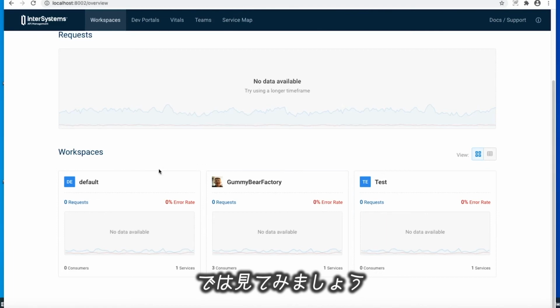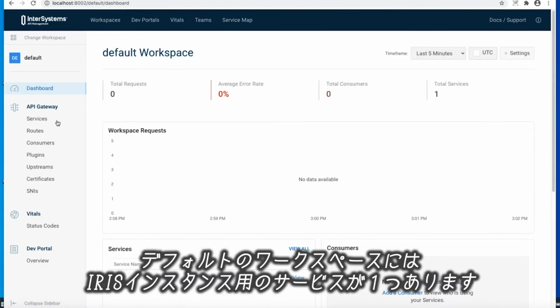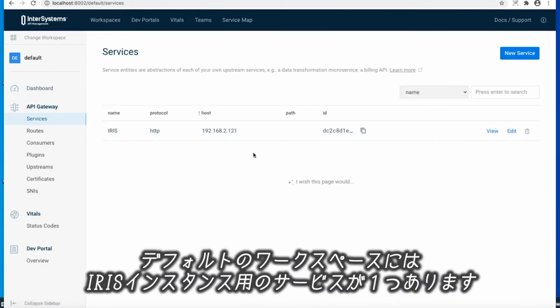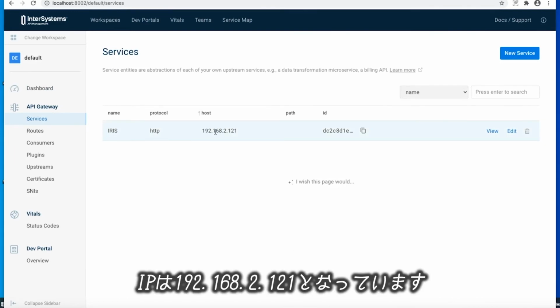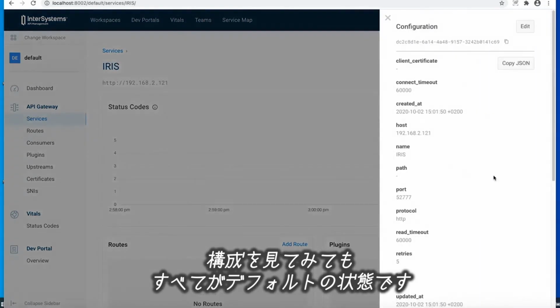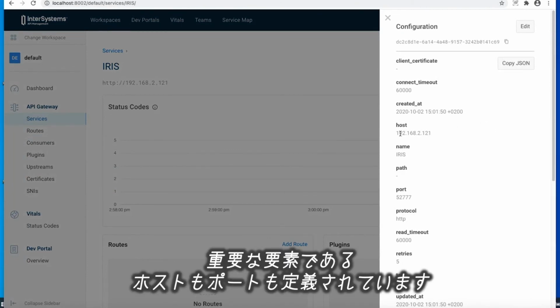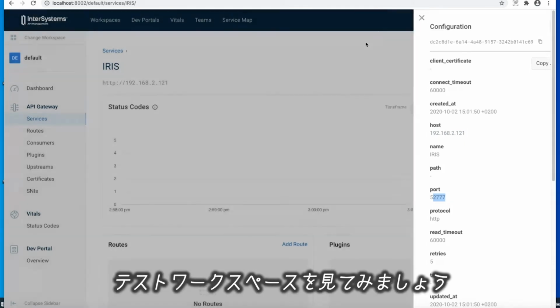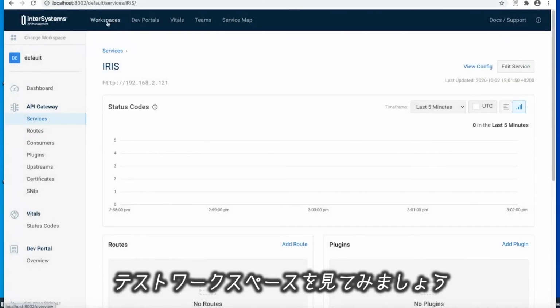So let's take a look at this. The default workspace has exactly one service set up for my Iris instance with the IP 192.168.2.121. The ID, we're going to take a note of the first couple of characters, DC2C. If you take a look at the configuration here, it's basically everything very default. The host is defined and the port is defined. All right, that's what we really care about. Okay, let's take a look at